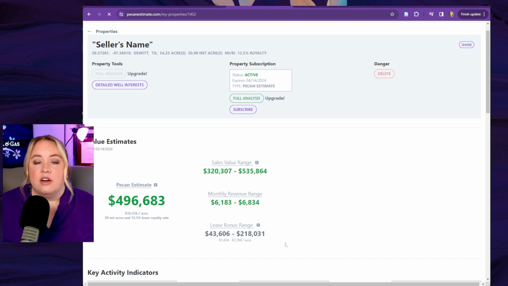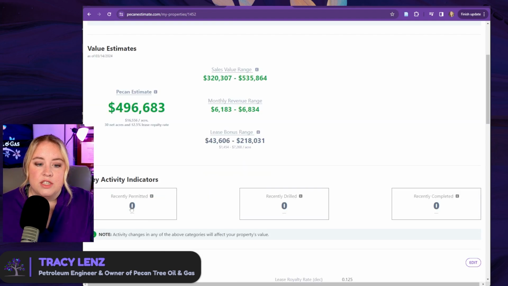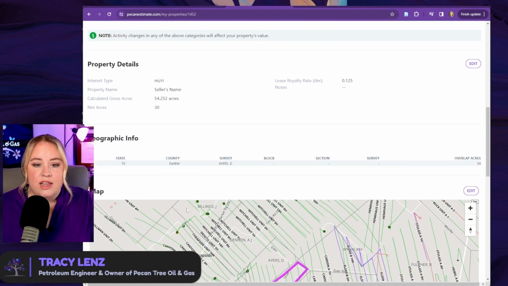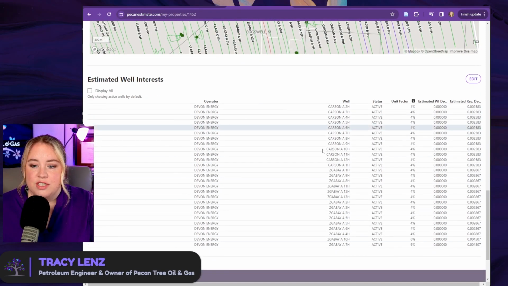Say if it wasn't leased, our assumption is that you'd want to lease at 25%, and so this is based on a 25% lease, but the full analysis has ways to get that into other percentages if you want a different percentage lease potential. It'll tell you if there's any wells permitted, drilled, or completed on that acreage in the last 2 years. You can hover over these little eyes to figure out more about it. And then as you scroll down, it will also tell you which wells you should have interest in